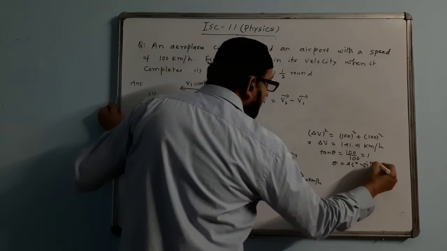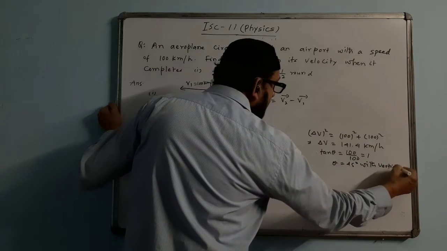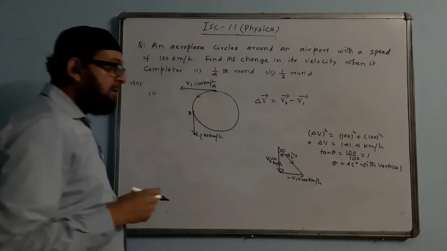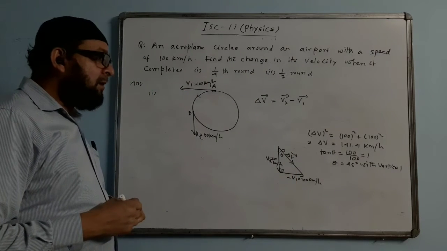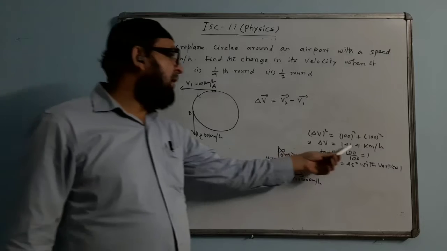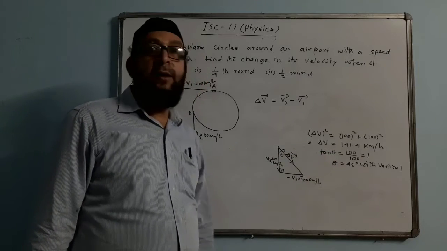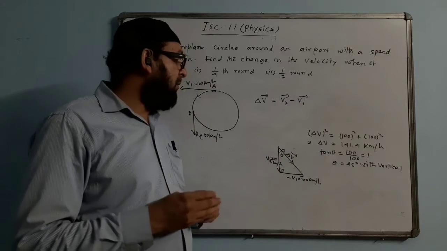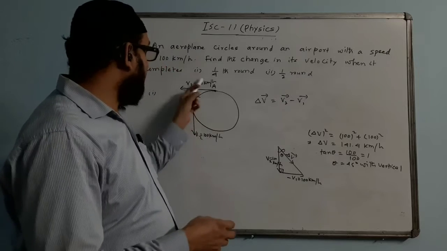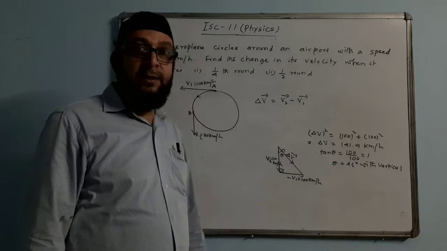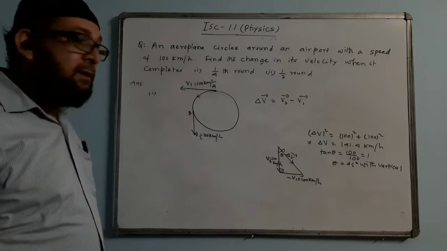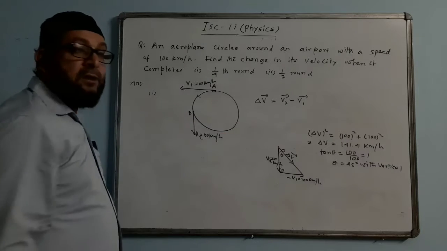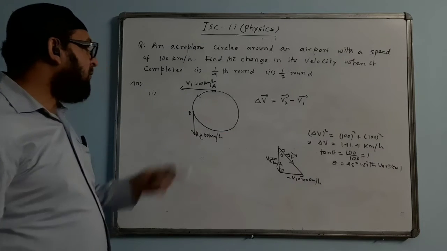with vertical, we mentioned that. With vertical, this is the vertical line. So this is the answer for this question. Change in velocity we will find this much, and theta value is 45. Don't subtract it directly. Don't do like this, 100 minus 100, the velocity is coming 0. Change in the speed is 0, but change in the velocity is not 0. It has got direction also. That is the answer for the first part.